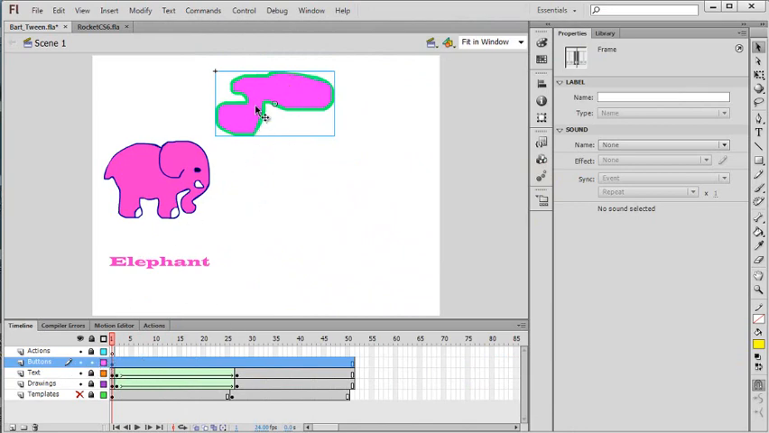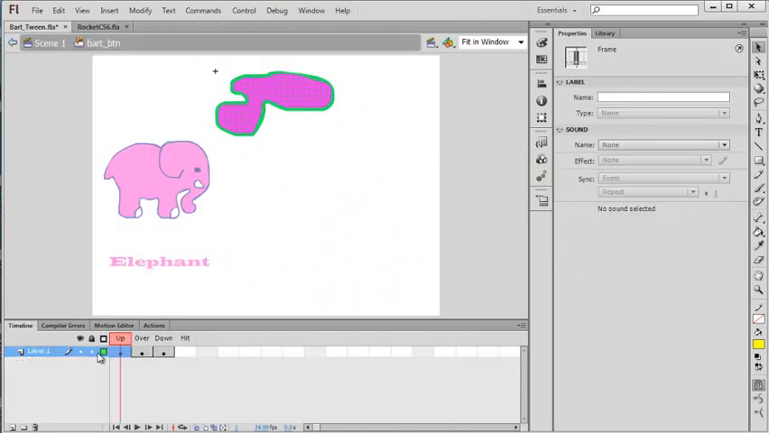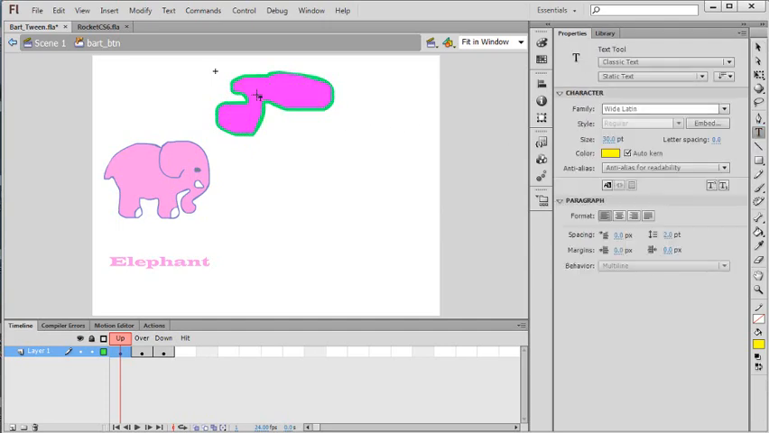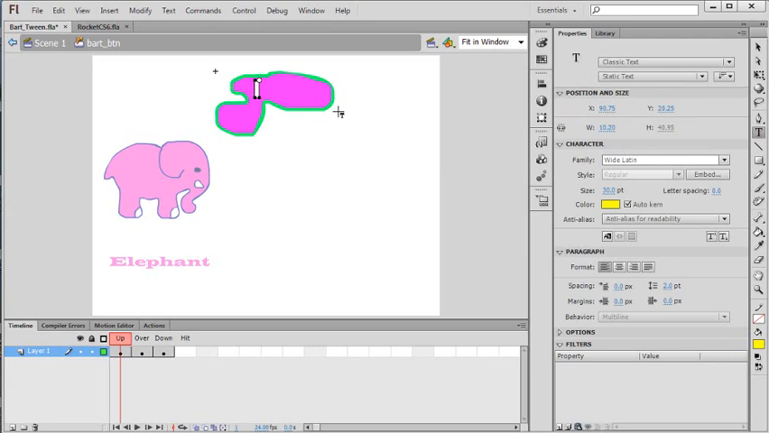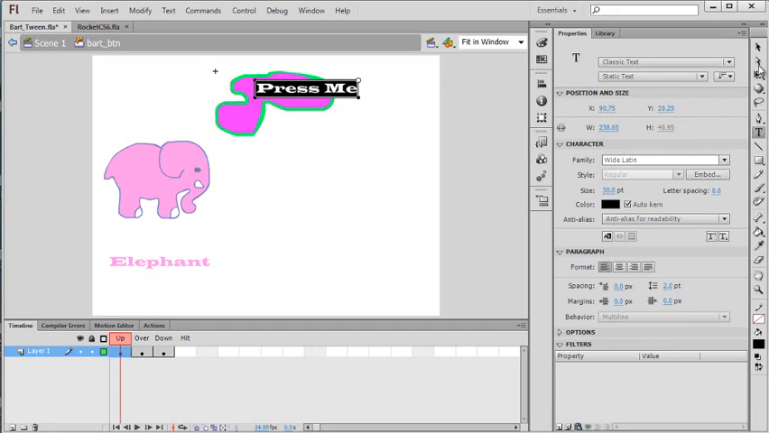So I'm going to go back into it again by double clicking, and when I'm in there now, on my first frame there, I'm going to copy my text, use my text tool, come up here, and type in "press me". Okay, and I'm going to make my font color black so I can see it, and then I'm going to use my sizing tool, and I'm going to make this a little bit smaller so it fits inside